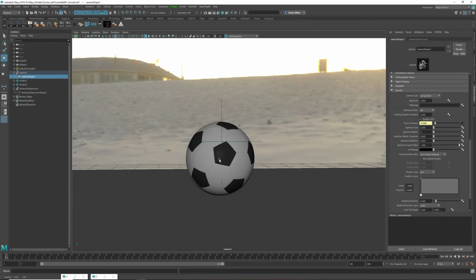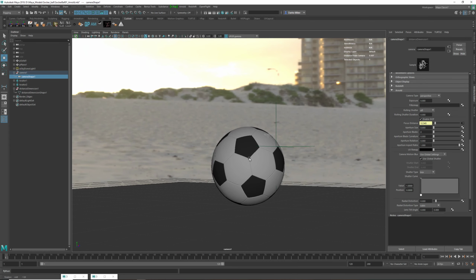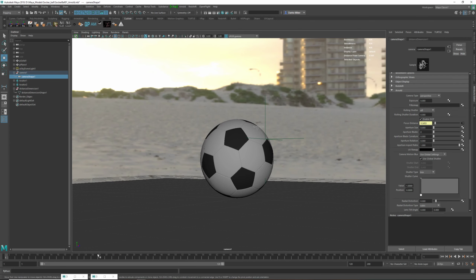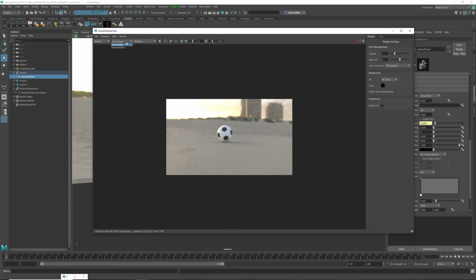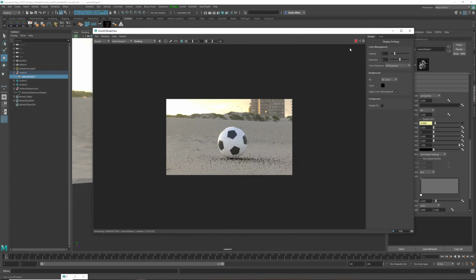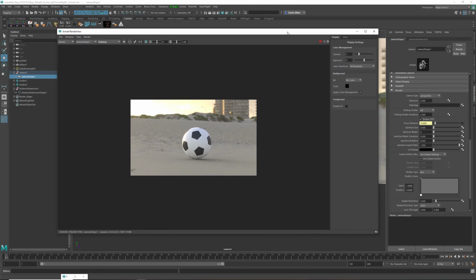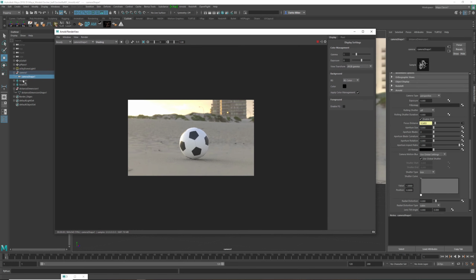So now let's try to render something. So let's angle the camera. Let's open Arnold render view, and that's not going to open because I already have it here. I'm going to switch this to camera 1, and I'm going to render. All right, so now I don't have my depth of field set up yet, so I'm going to select camera 1, and I'm going to say, well, I need aperture size, let's say 0.1,